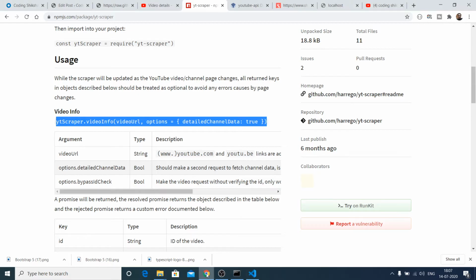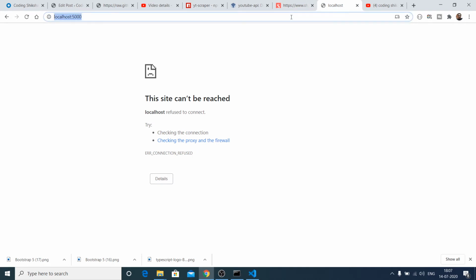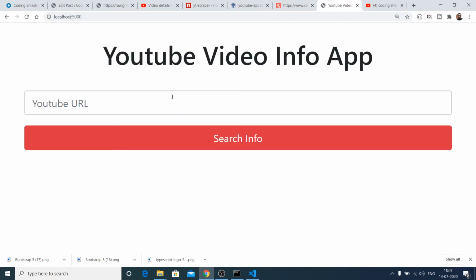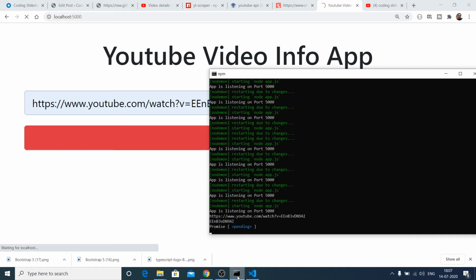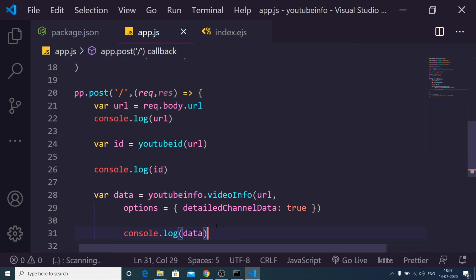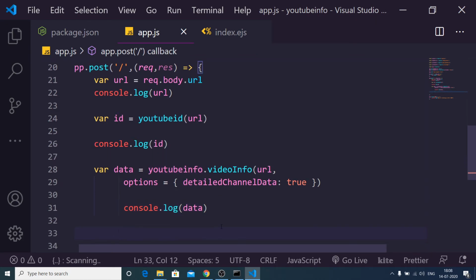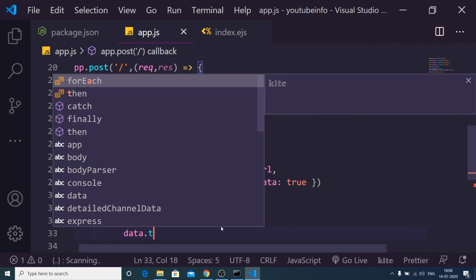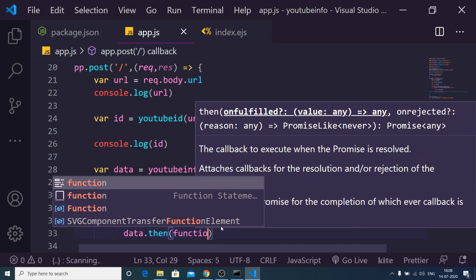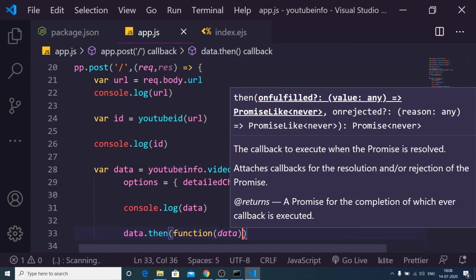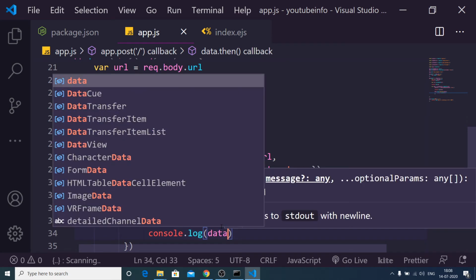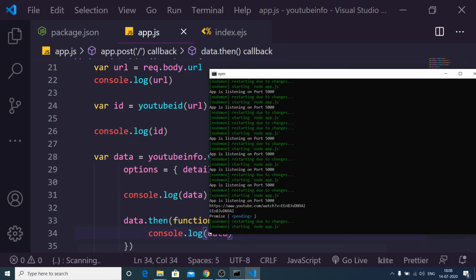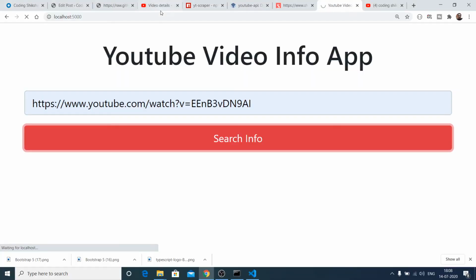So it automatically refreshes the application. So once again, if I reload, if I give the YouTube URL search info. So basically it is a promise, guys. We need to handle this by promise. So we can do this data dot then function data, and then we can console log data like this. So once again refresh it,